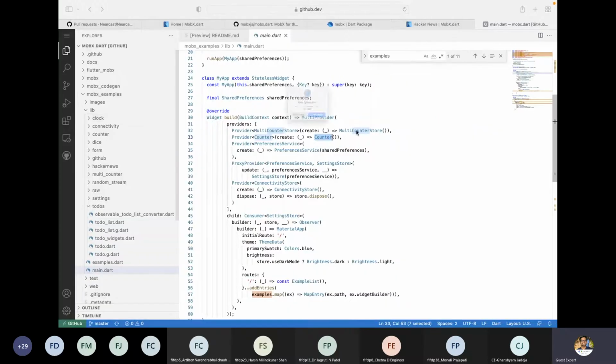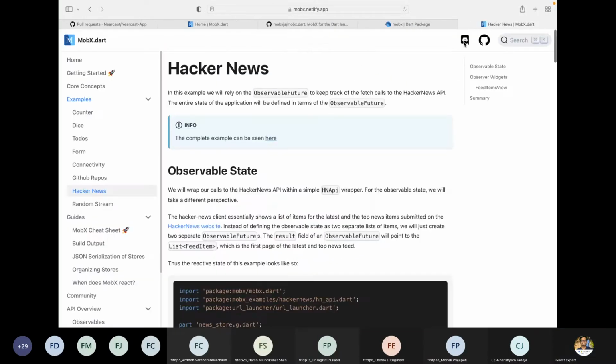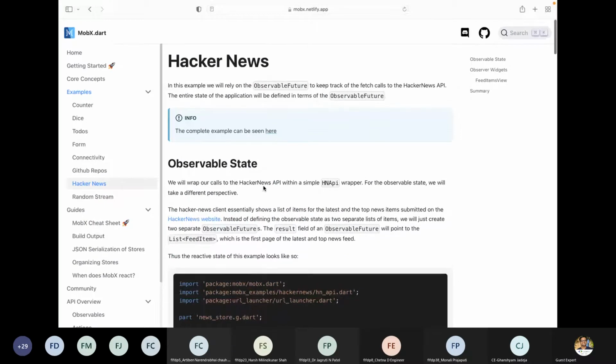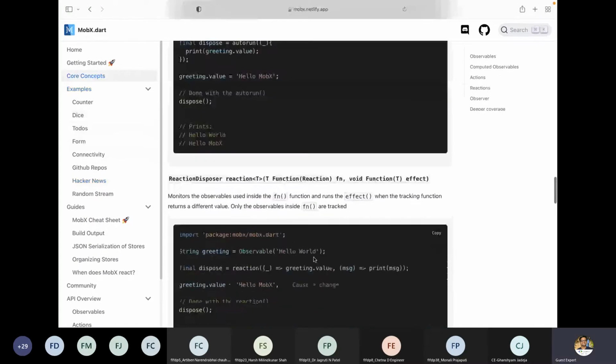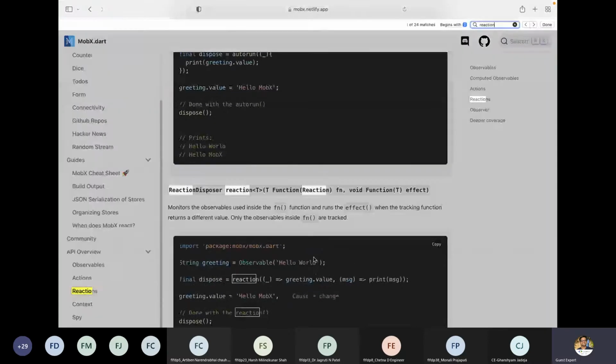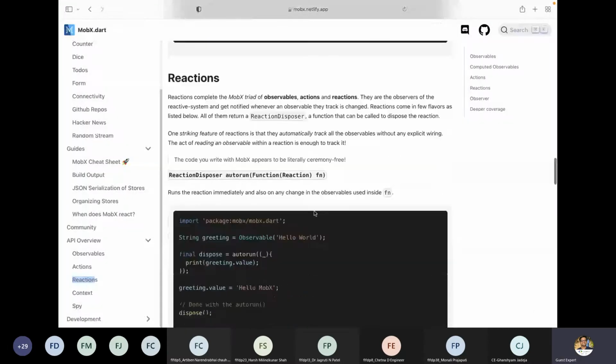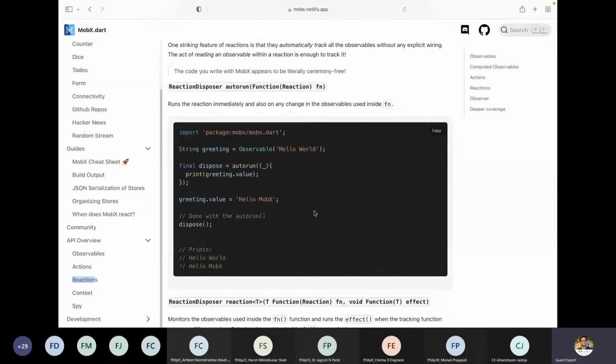So if you go over here in our official documentation, we can see a reaction here. A reaction is all about running when any data gets changed.